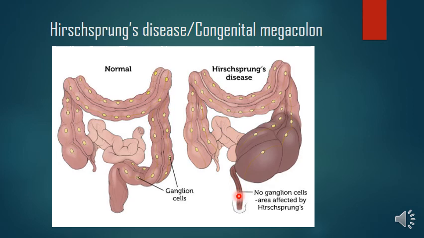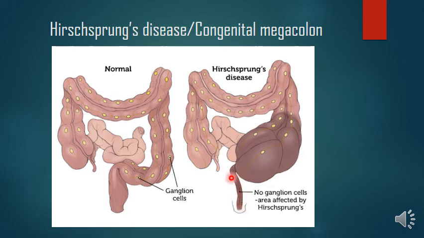So this narrowed segment of the gut, eventually what happens is the overactive sympathetic nerves induce a persistent spasm. Here parasympathetic nerves are not there, so sympathetic overactivity is there, and that will induce persistent spasm of the affected part of the gut. And the gut which is proximal to this narrowed site of obstruction becomes distended. There is no fault of this segment, but it becomes distended because the narrowed part is failing to react to the peristalsis, right? And this anomaly can be treated surgically by resection of the constricted part.